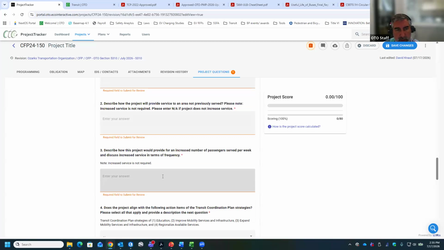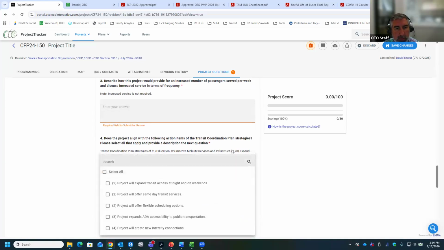Again, an increased service is not required. It will just give you more points, or if you increase service frequency, that could be you're doing more trips a day because you now have more vehicles, or your older vehicle was not as functional and you couldn't always use it, and now you have a new vehicle which can provide more service and is more reliable.